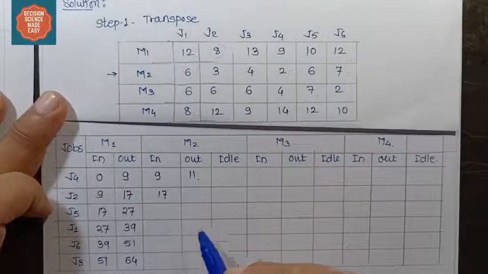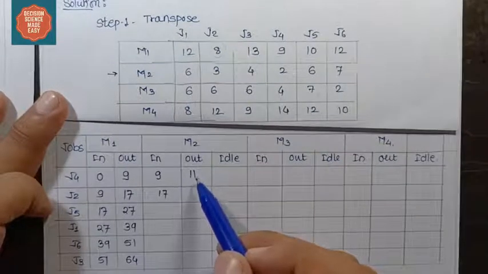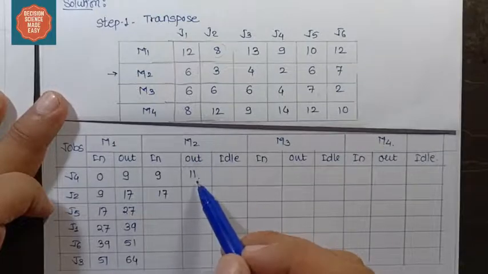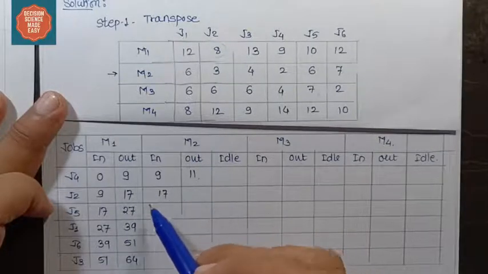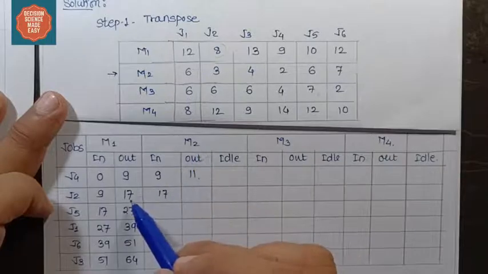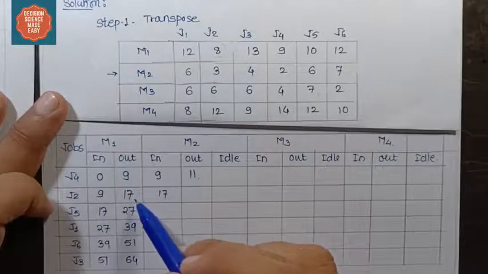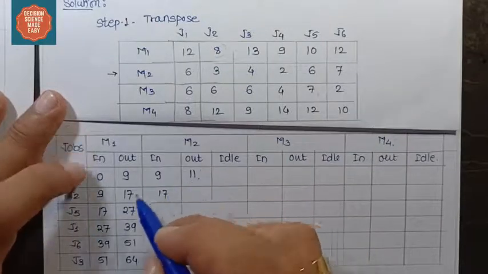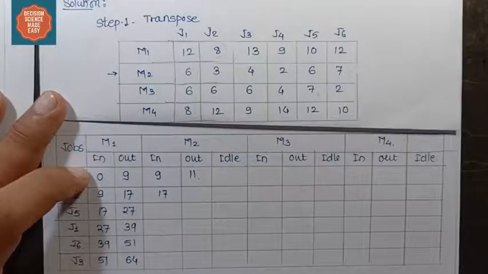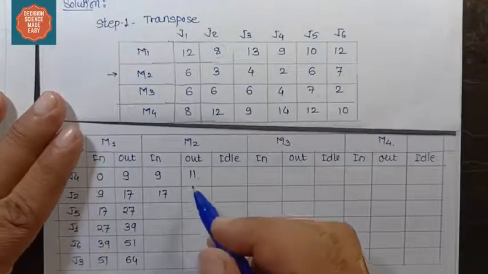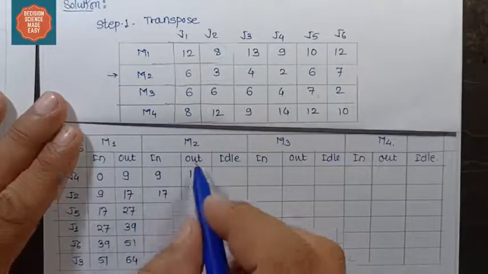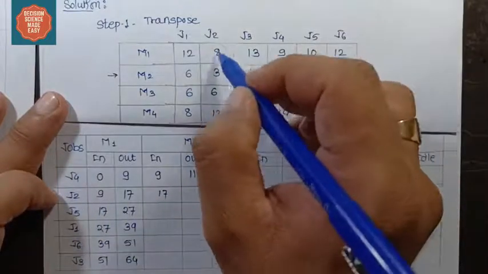Why am I doing this? Because till the time M1 is finished, M2 cannot start. M2 here finished at 11, but the machine has to wait till machine M1 finishes the processing, that is at 17. So always remember this. The layman's rule is to choose the highest value among the two. So here 17. M2 for J2 is 3.